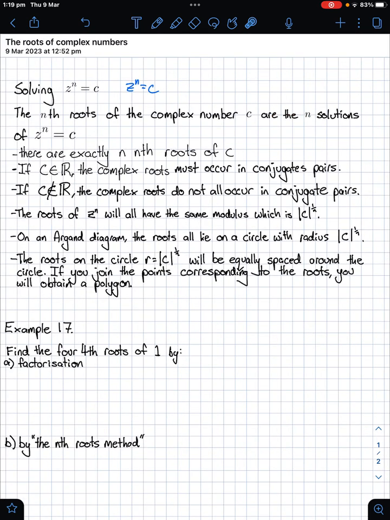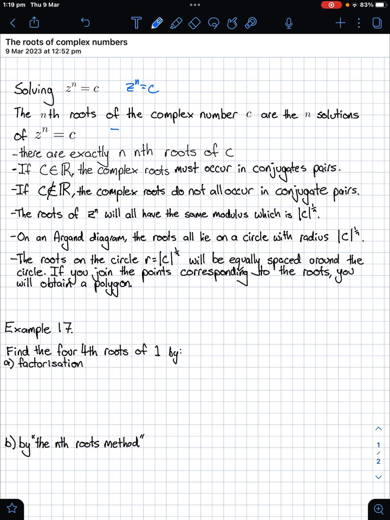are the n solutions of z to the n equals c. And I've copied that from the textbook. The nth roots of the complex number c are the n solutions of z to the power of n equals c. So what this means is that if we were doing this and